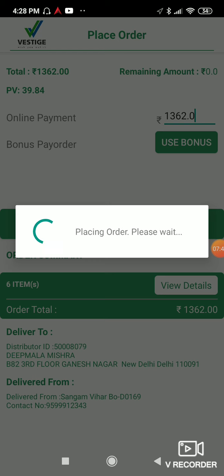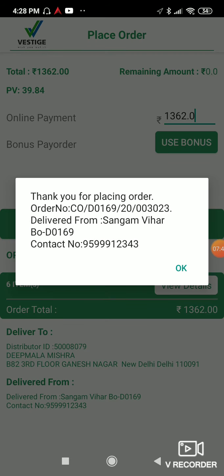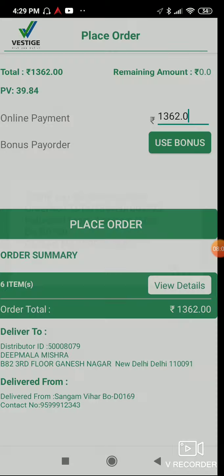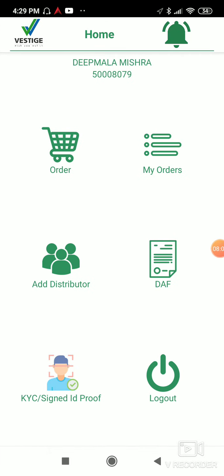Okay, now once you verify everything, click on the place order button here, and here it is a check. If you are shopping from other shopping sites, it usually takes you to the payment option, but here in Vestis POS it will not show you. It will just show you a thank you for placing the order, your order number and the contact number of the DLCP center.